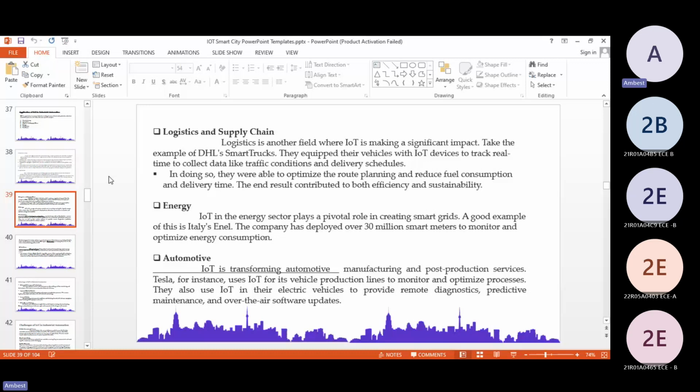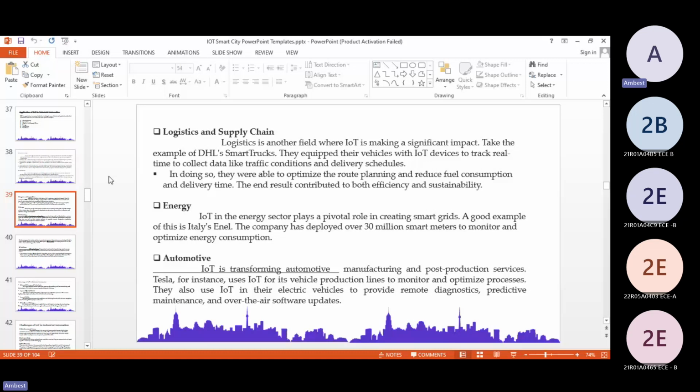Okay. So the next thing was automotive. Automotive, as I have mentioned in a few of the older things, is a transmission of automotive for manufacturing and post-product services. It's like Tesla, right? It is used on vehicle production lines to monitor and optimize the processes. They also use IoT in their electric vehicles, which produces remote diagnostics and predictive maintenance,